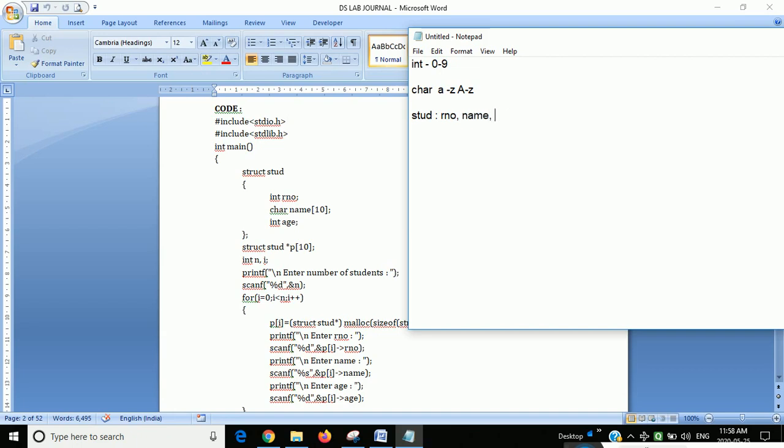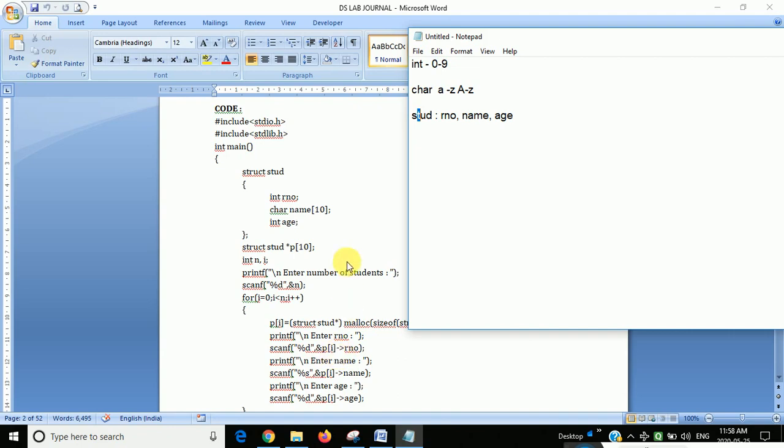We use numbers with the help of int and alphabets with the help of char. In the same way, we use roll number, name, and age using this stud. We have to connect them like this.